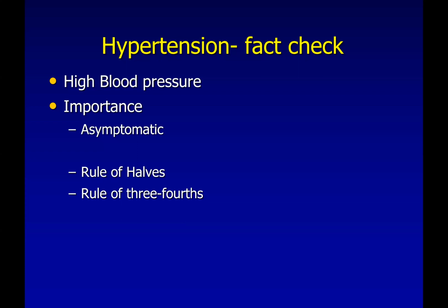So mind you, if we have 100 participants today who have hypertension, 50% are undiagnosed. Of the 50% who are diagnosed, only 50% are taking medications. And of those, only another 50% are achieving control even after taking medications. So only 12.5% of the total hypertension population is actually under control.